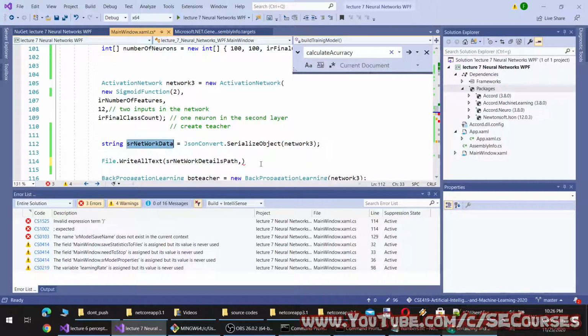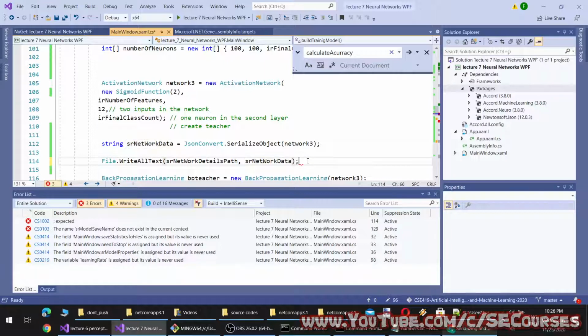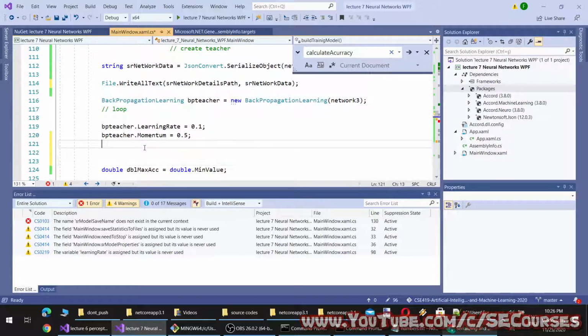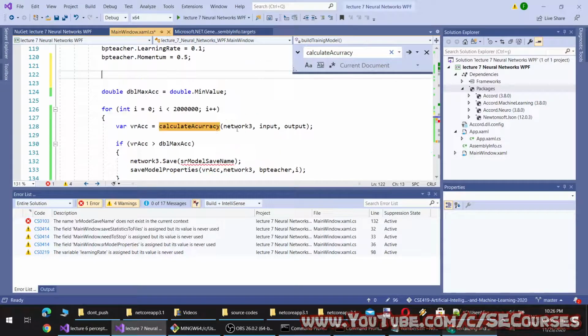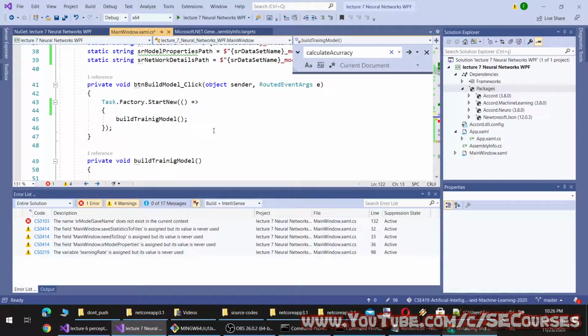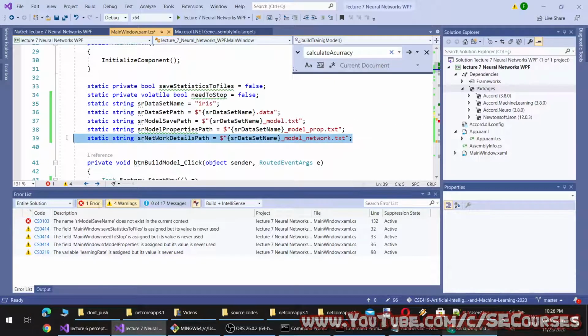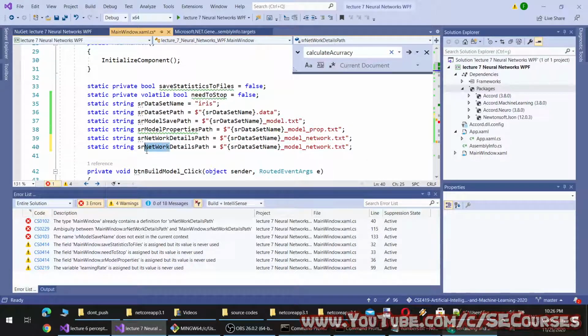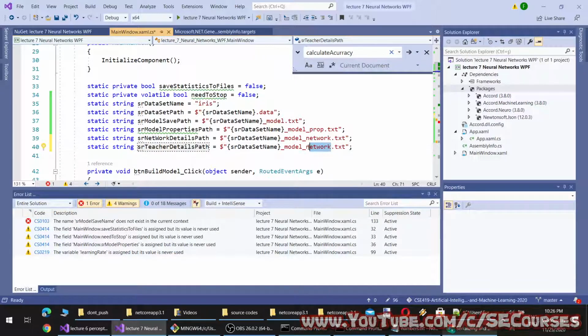Okay, like this. And backpropagation. I will also save the teacher. Okay, and let's also add teacher save path as teacher details path, teacher.